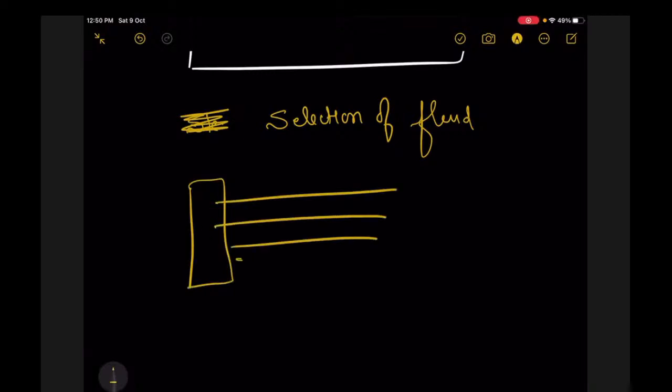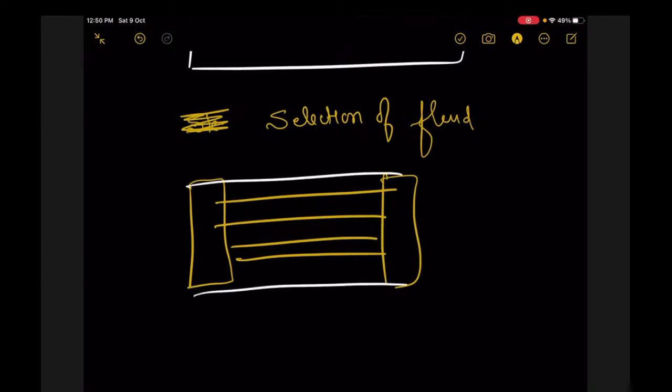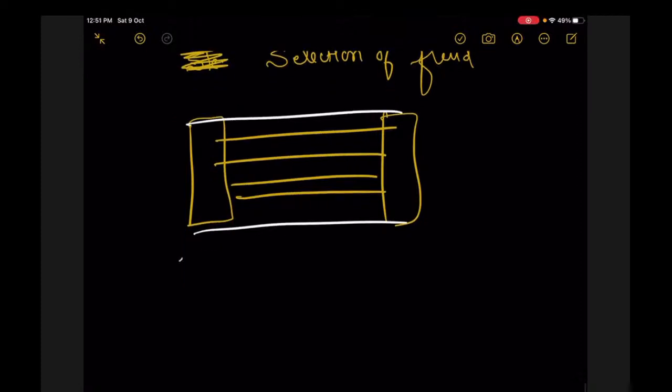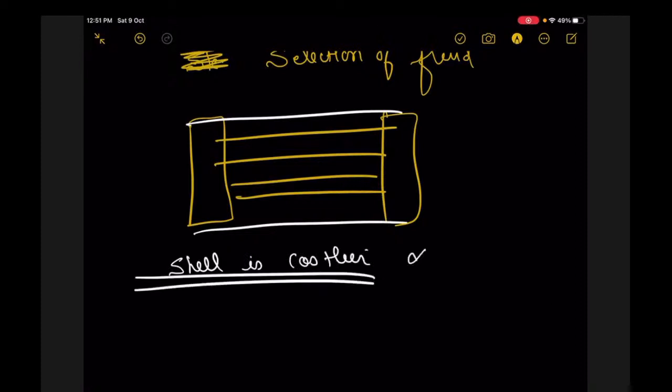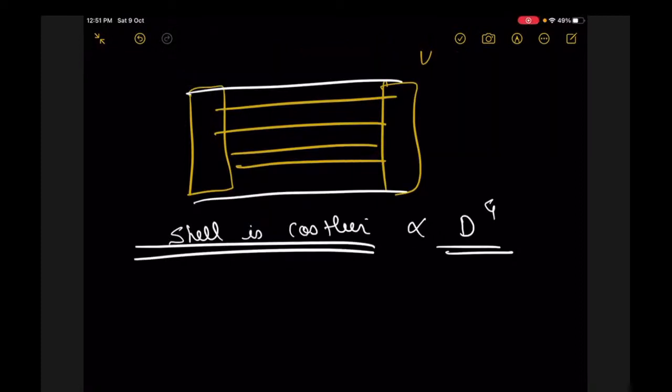ये ट्यूब्स है और शेल क्या है, आउटर कवरेज पूरा उसका। सो हु विल बी कॉस्टलियर? शेल, यस वेरी गुड, शेल इज कॉस्टलियर। अप्रोक्सीमेटली उसकी कॉस्ट बोलते हैं डायमीटर ऑफ शेल के 4 गुना होती है। ठीक है, ये अप्रोक्स वैल्यू है, याद रख सकते हो नहीं तो ठीक है। इंपॉर्टेंट थिंग, अब शेल महंगा है तो हमारा टास्क क्या रहेगा, बीइंग इंजीनियर हमारा टास्क रहेगा शेल को बचाओ भाई पहले, क्योंकि ट्यूब तो सस्ता है ना, तो सस्ते को हम रिप्लेस कर सकते हैं। सो मुझे बताओ हाई फाउलिंग, हाई फाउलिंग कहा जाएगा,